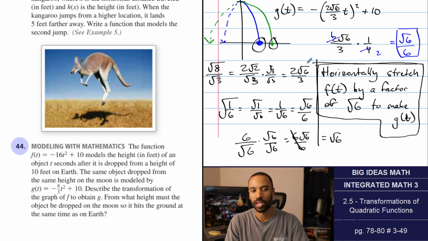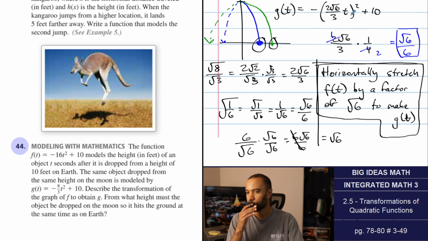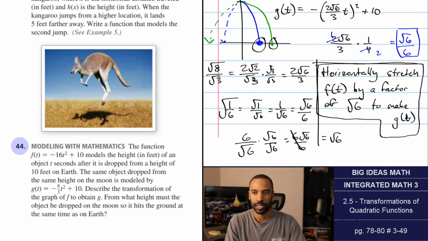From what height must the object be dropped on the moon so it hits the ground at the same time as on Earth? This is where I got to decide if I should be using the graphing calculator or doing it in a different way. But here's the thing. To drop it the same thing as Earth, you obviously have to make it lower, right? Lower, lower, lower till, boom, it hits the same place as there. So what we have to do,